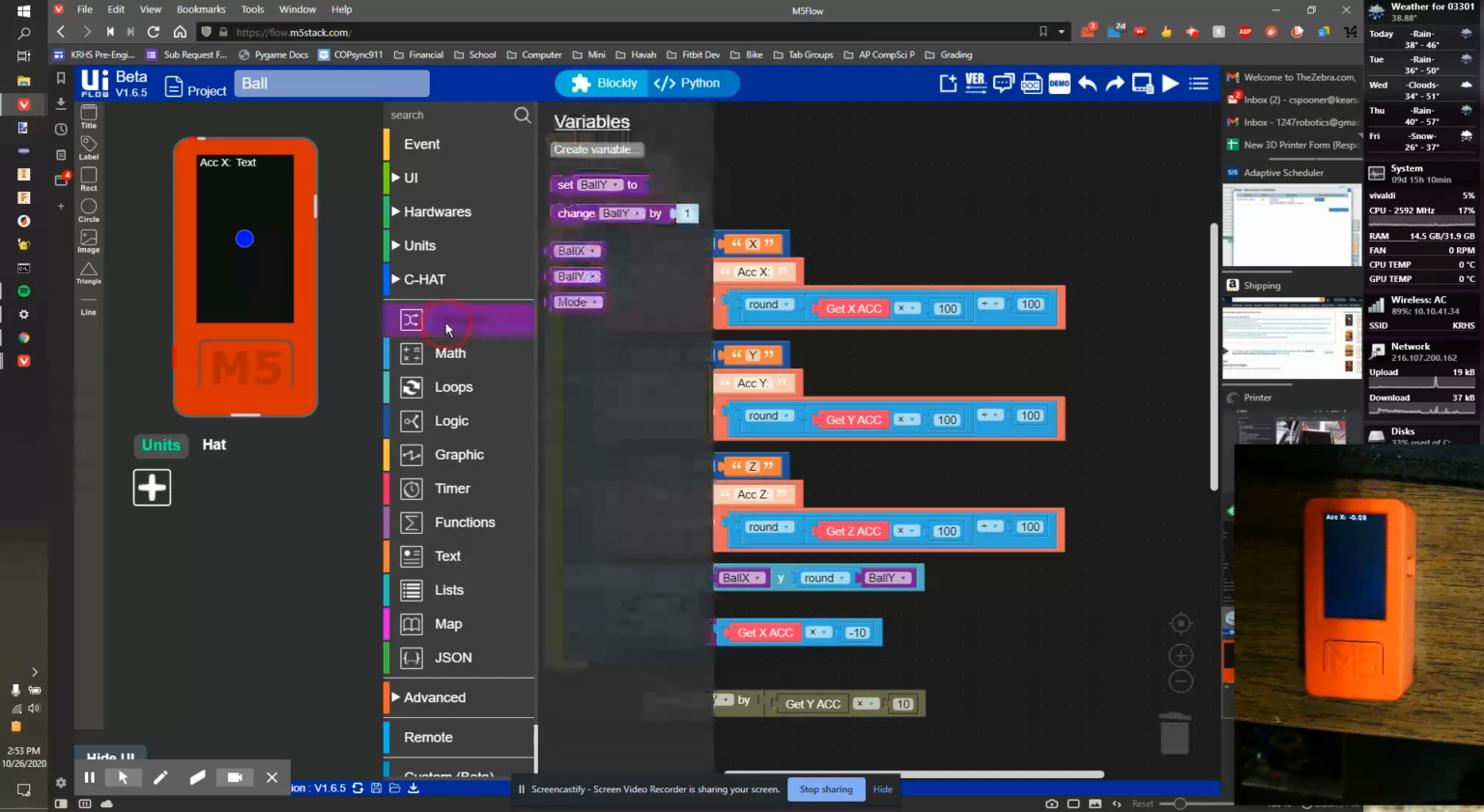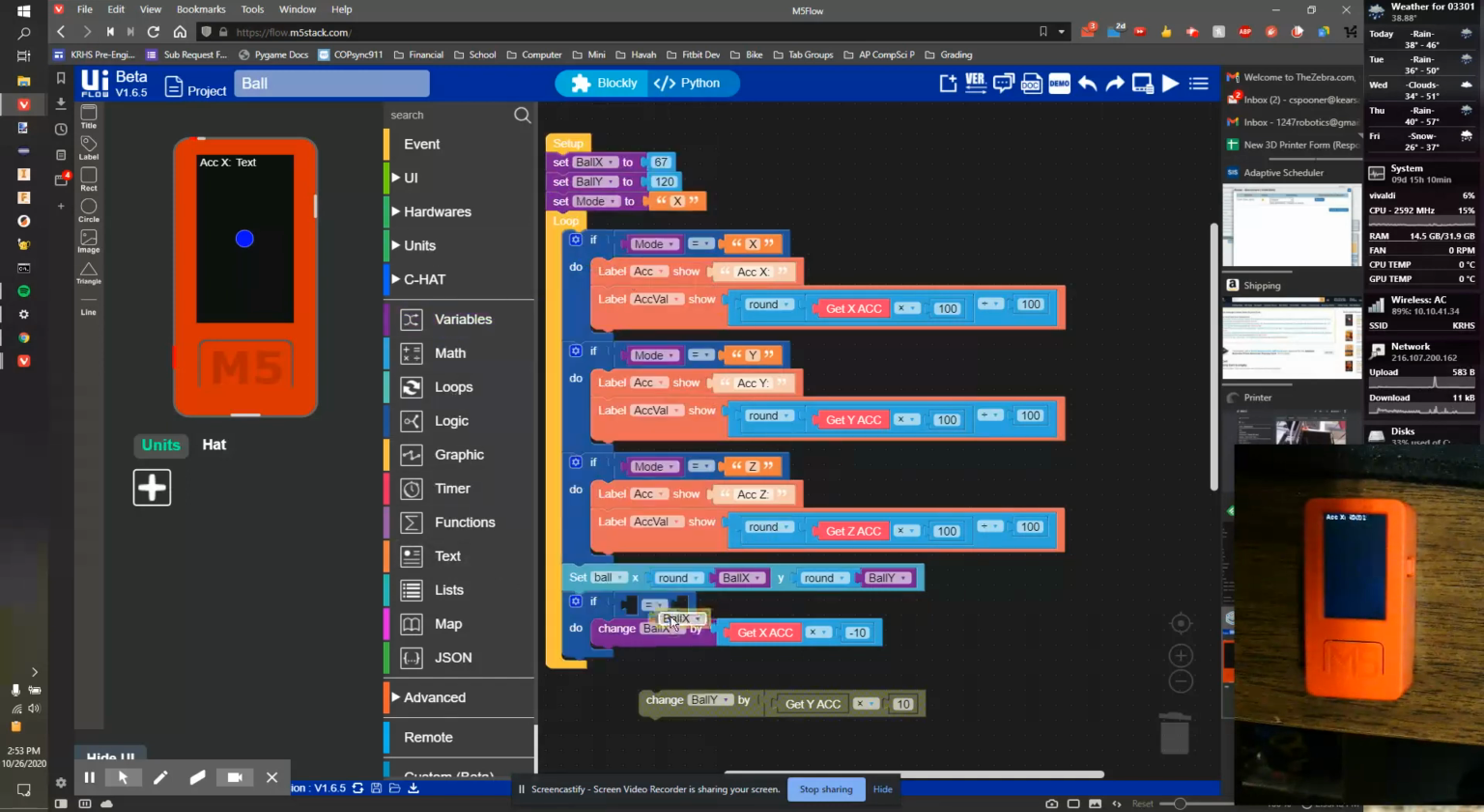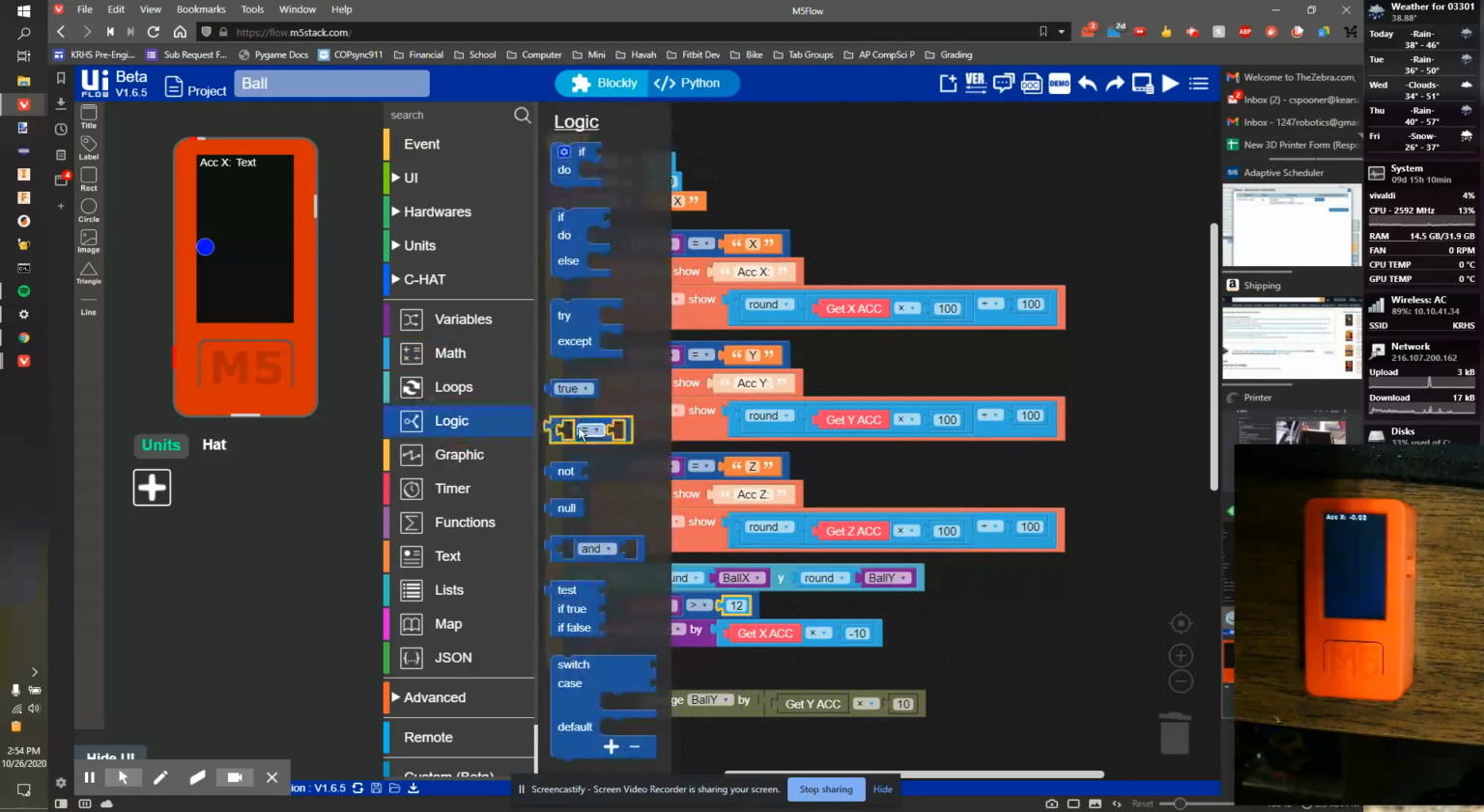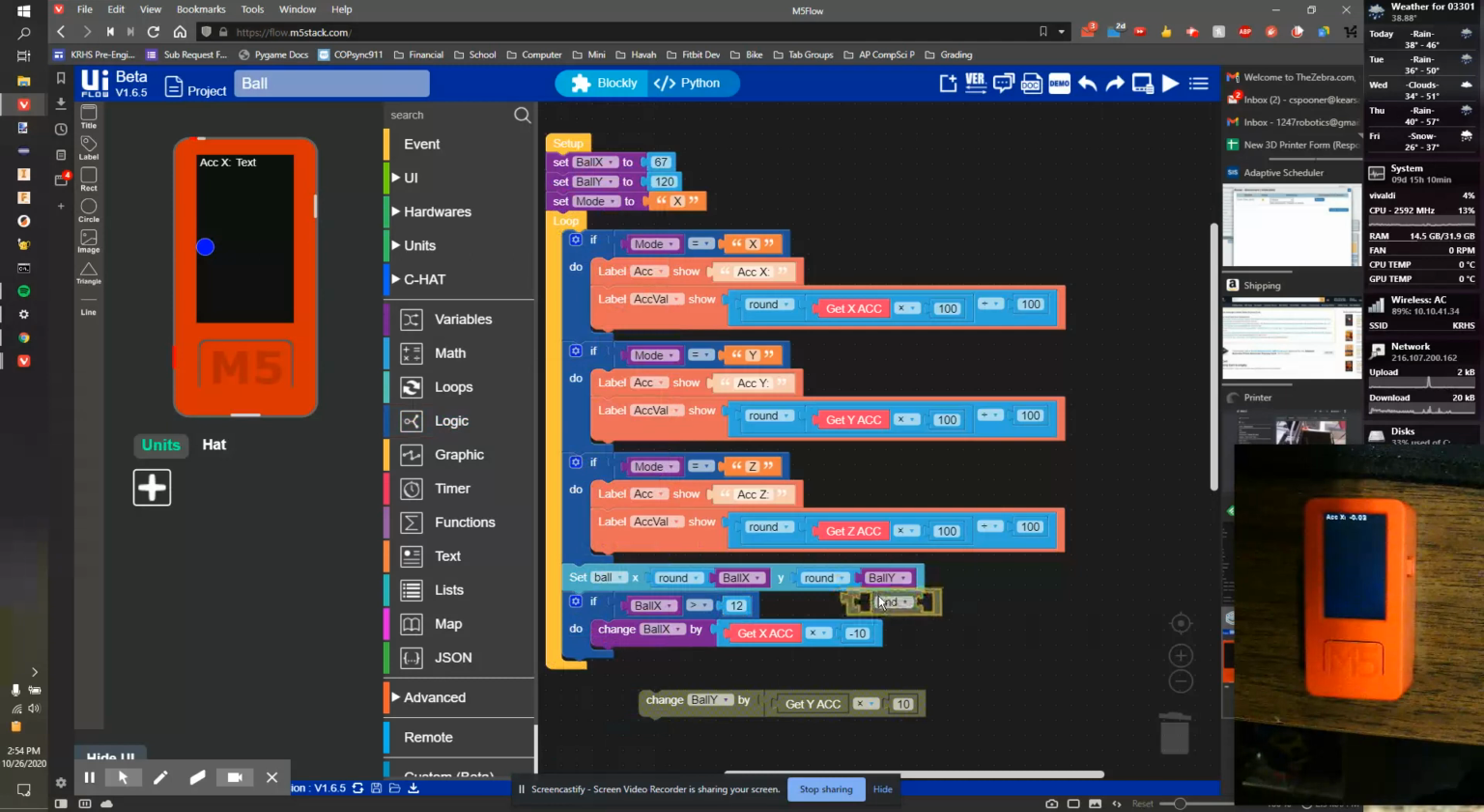We're going to go to variables. Ball x is greater than, and looks like the ball touched the screen at 12. So math, 12. And we're going to add another logic. We're using an and statement. So if the ball is between one value